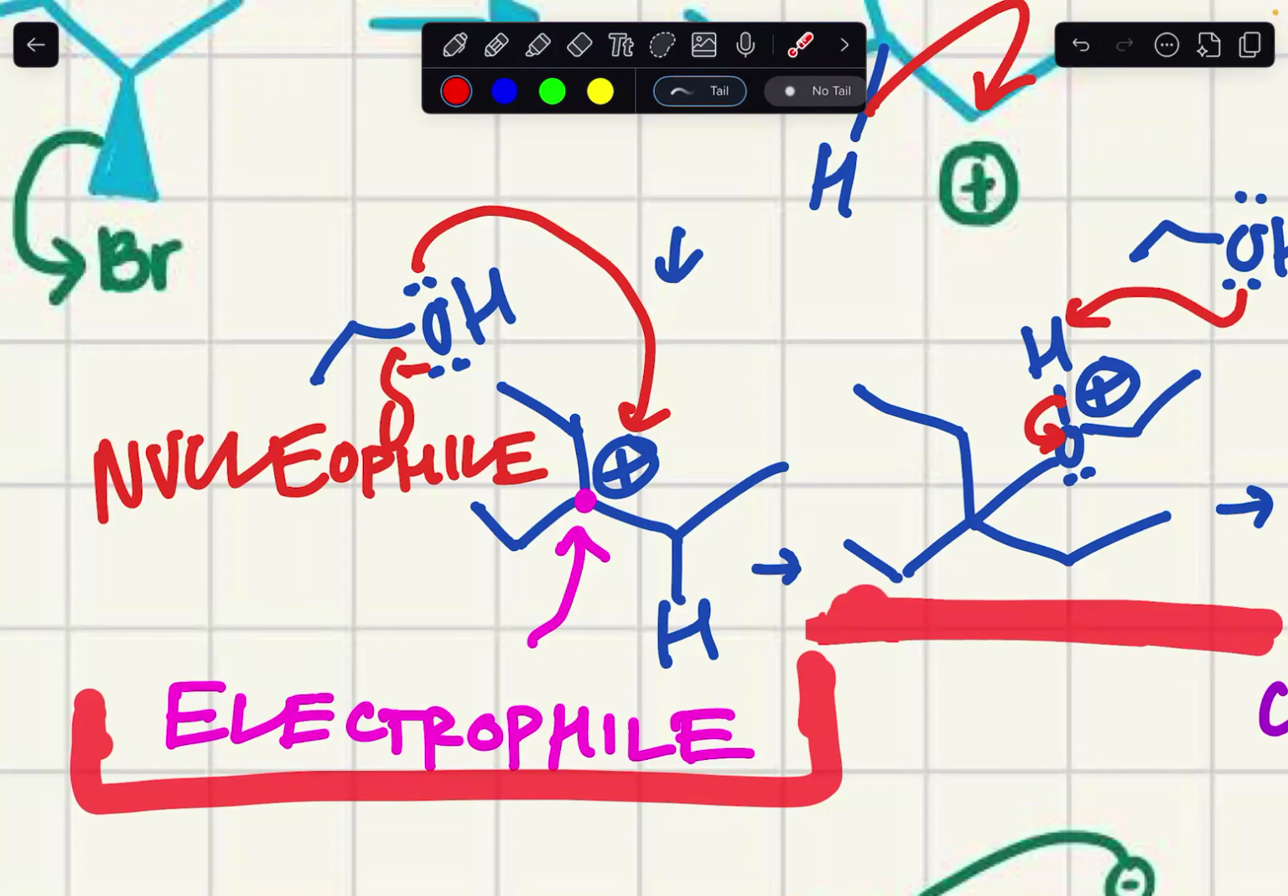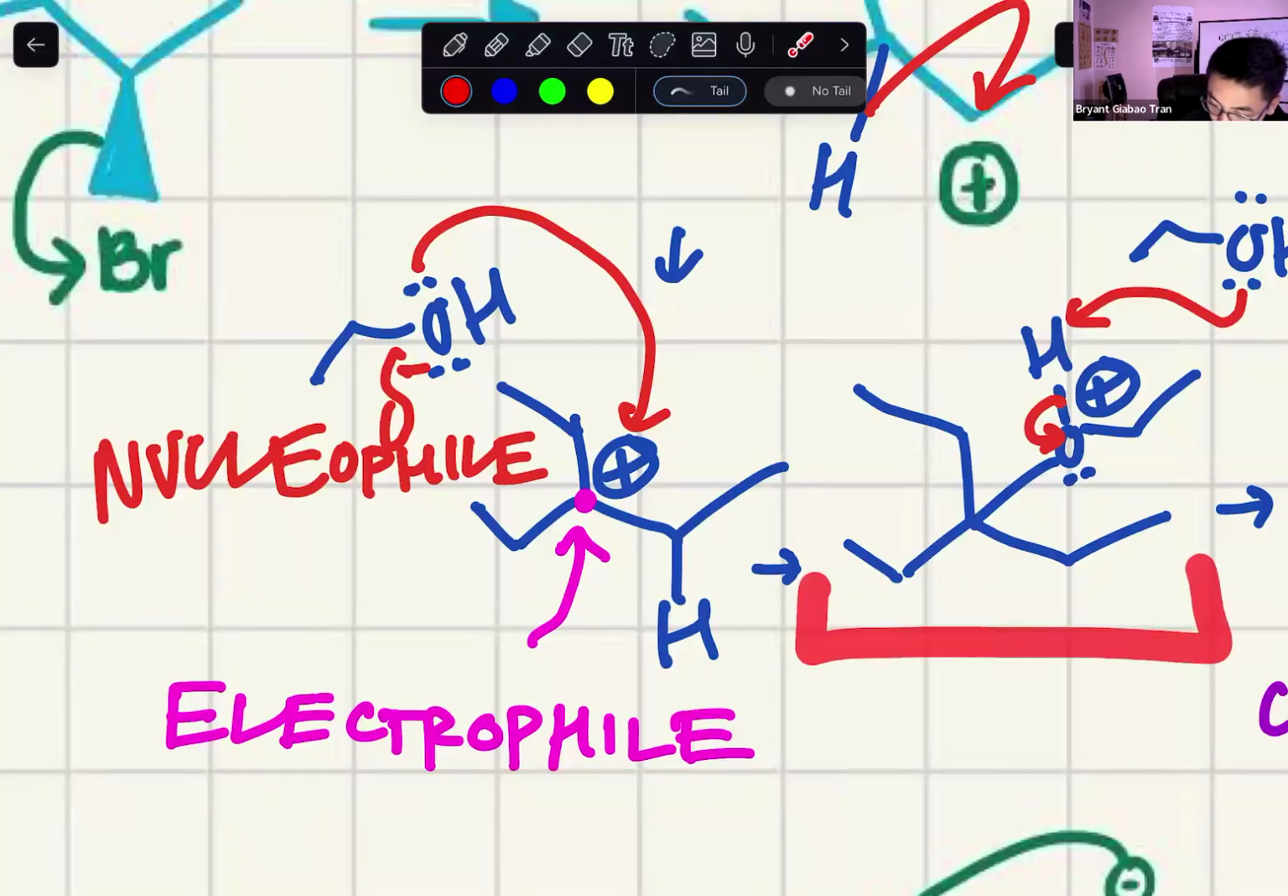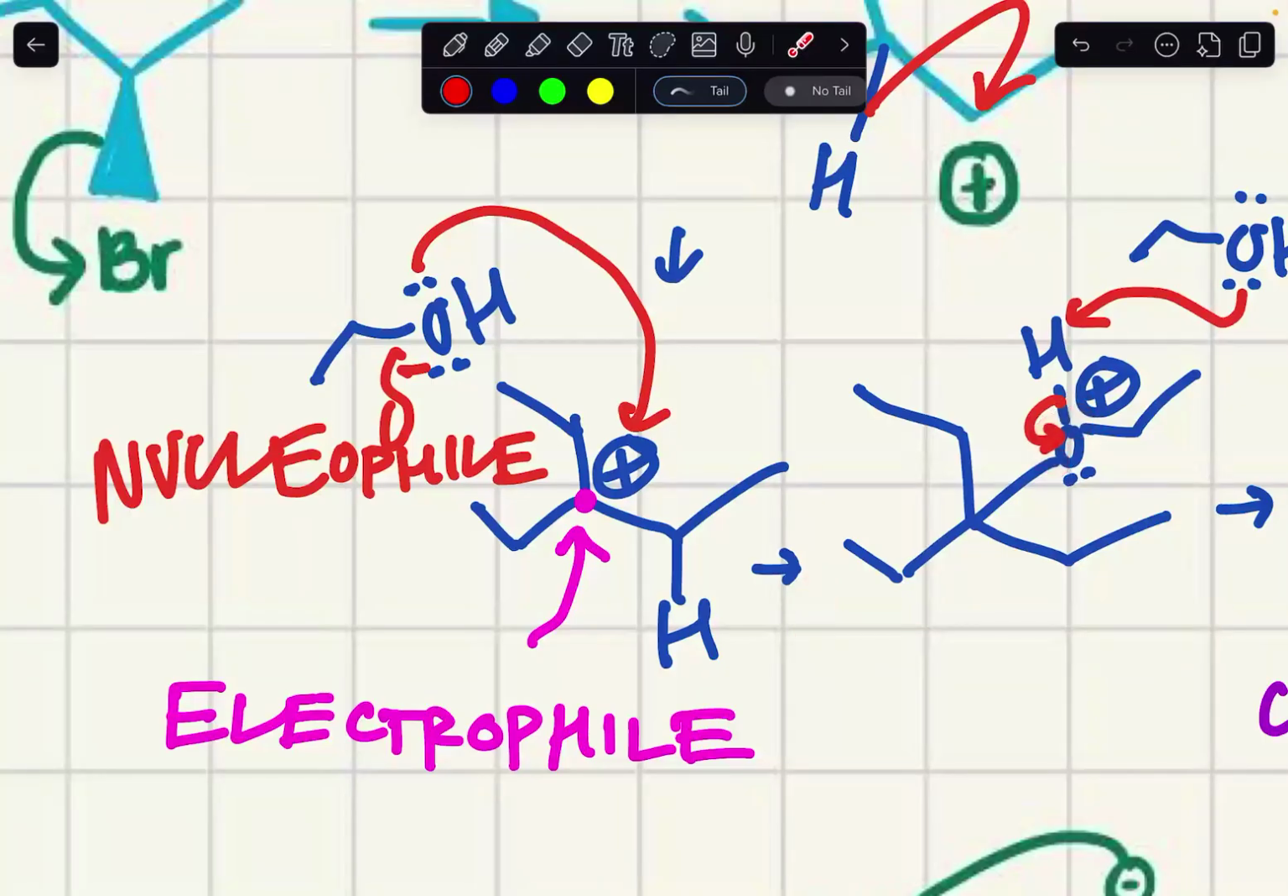You said that's the intermediate? Yeah, and this is the intermediate. Does this make sense so far on why we got this positive charge on this oxygen here? Okay, so I think so. So just to clarify,